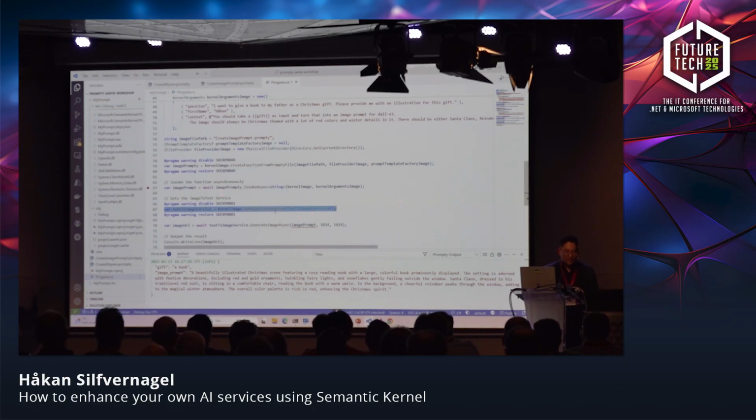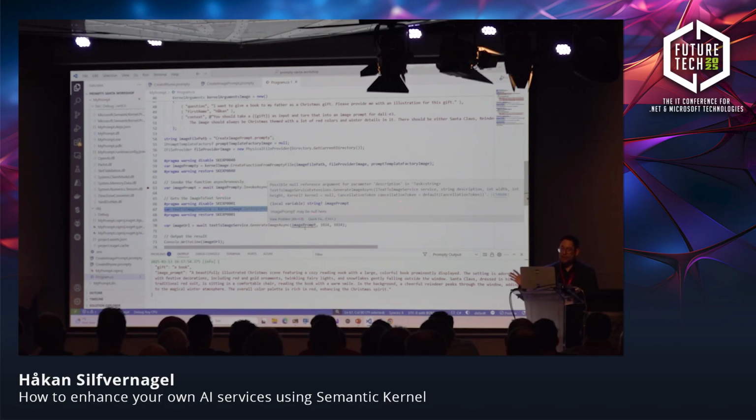And then finally, what we need to do, because now we have the image prompt as a prompt, which is text, is use one of these built-in functions that I was showing you on the PowerPoint slide that was supported in C#. This capability or function is called text-to-image service. That's just a built-in function, so we can just say for a kernel object, get the required service, the text-to-image service, and then we can just invoke that service and generate an image based on this image prompt that we were producing. So if we run this one